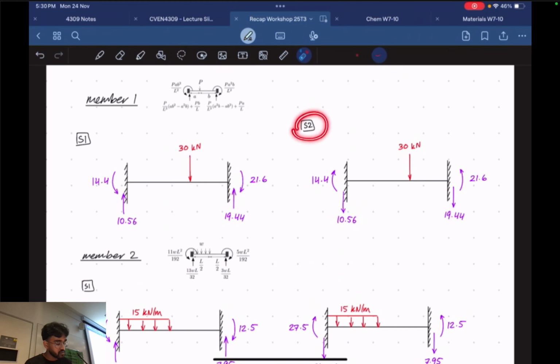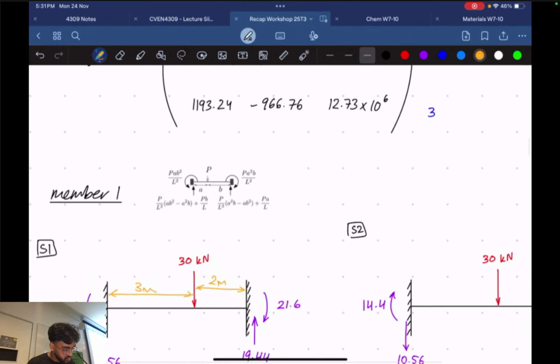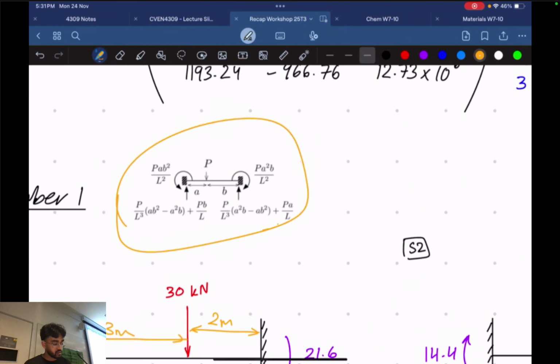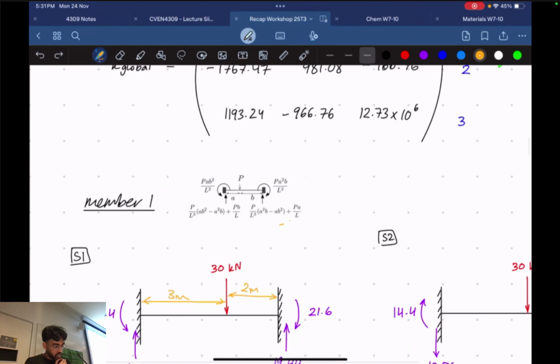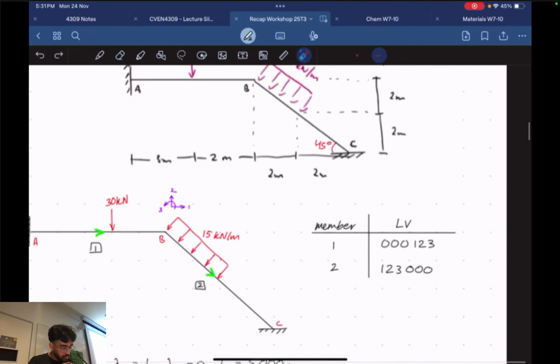S1, so S2, wait, hold on. What was I going to say? I forgot, okay. So, first of all, this is 3 meters. This is 2 meters. Same thing there. So I'm going to have to use this formula here. Okay. Your S1, if I scroll up,